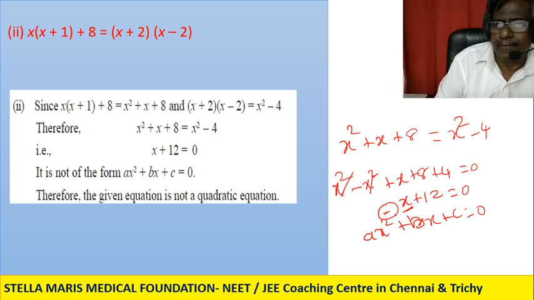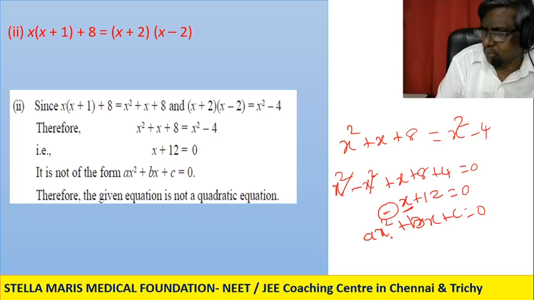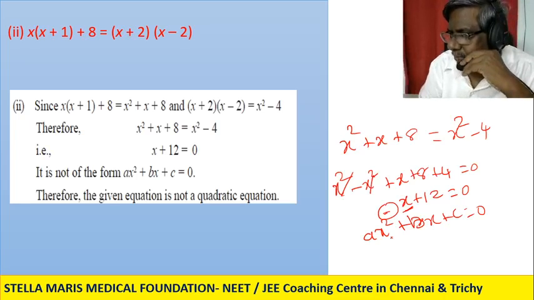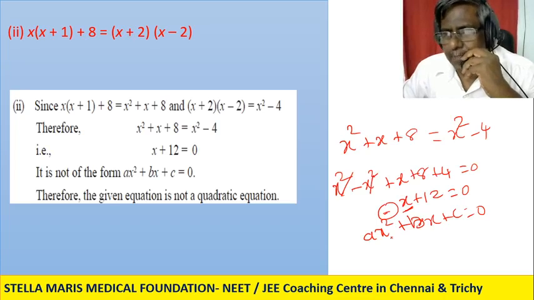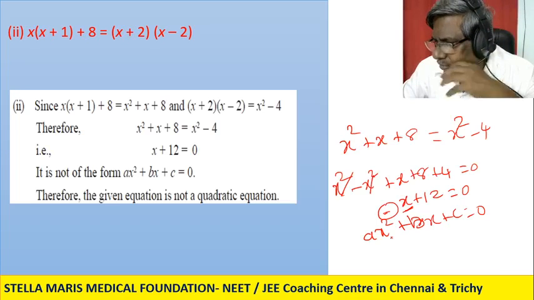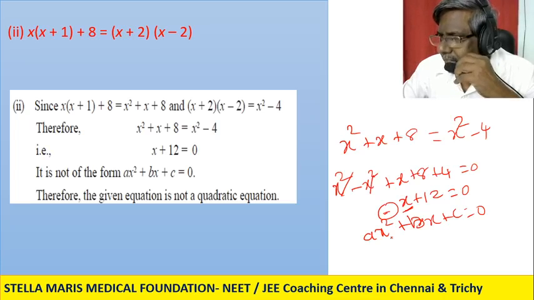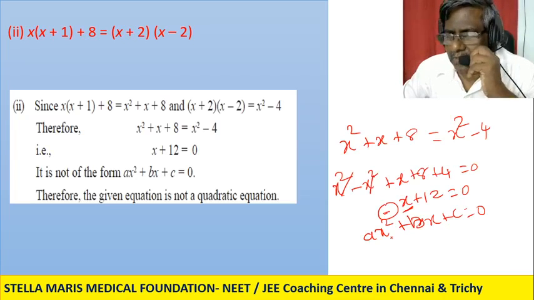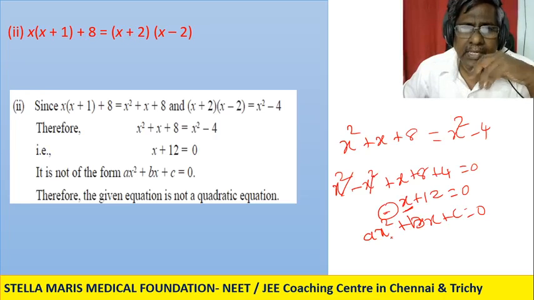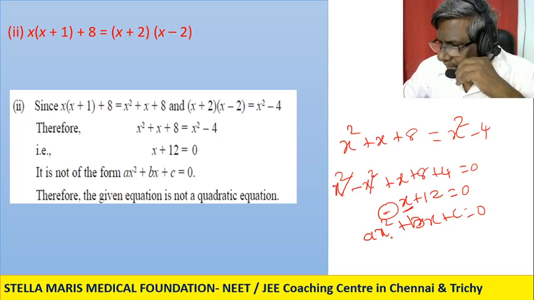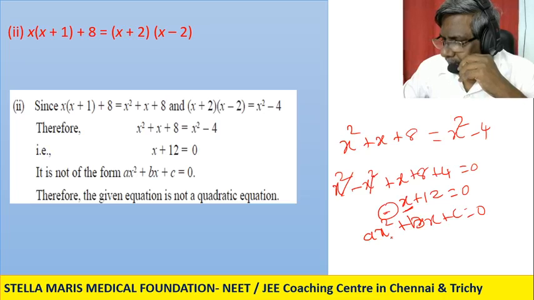Are you able to follow? So x plus 12 is equal to 0. Roshan, Sai and Shivakumar, only 3 students have answered. What about the others? Please try to understand. We must get very thorough with the basics. So what's the quadratic equation? The quadratic equation form is ax square plus bx plus c is equal to 0. Here, instead of that, it comes as x plus 12 is equal to 0. So x square is not there. Maya Singh, now you are answering, good. You are saying no. Good. Now, you understood? Shall we go to the next problem?